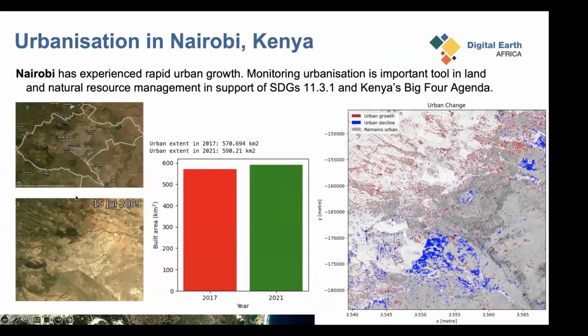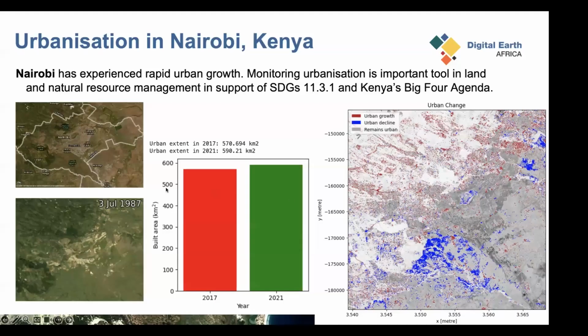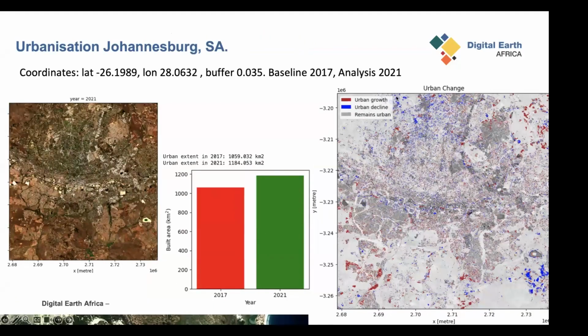And then we also have some changes, for example, in the city of Nairobi. This is just a notebook called Change Film Strips, which shows you the changes over time, and looking at the areas of change, areas which have declined around the park because of the interventions, and areas which have grown, especially around the bigger roads, and areas which have remained urban. So with these examples, we have the case of Johannesburg, which has grown over time, looking at the areas which have grown around the outskirts, and the areas which have declined because of